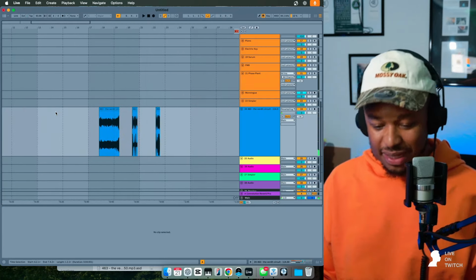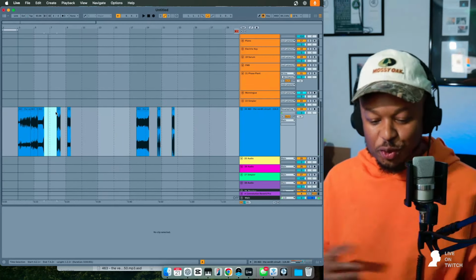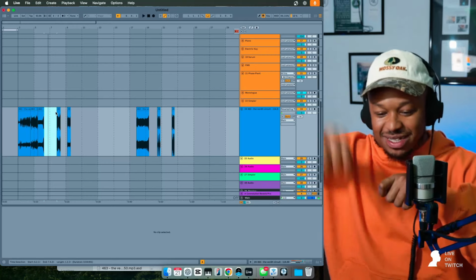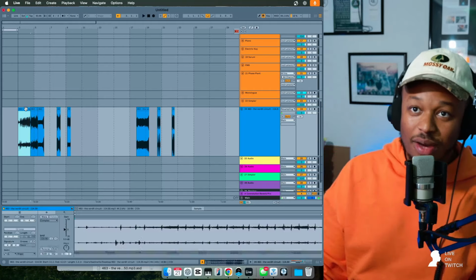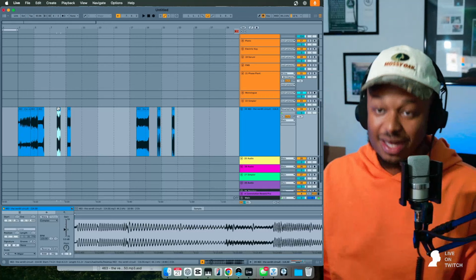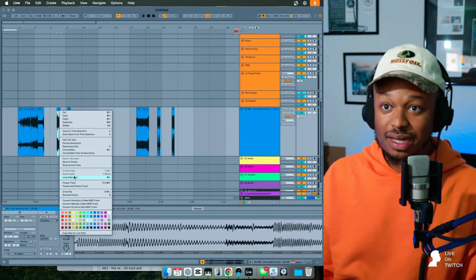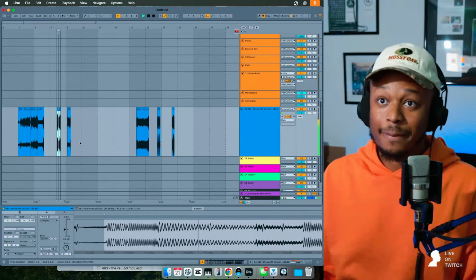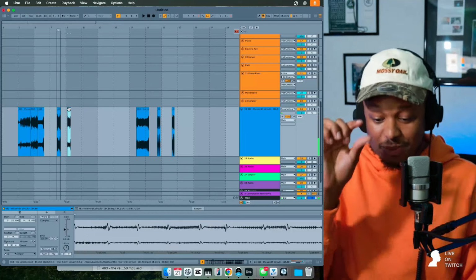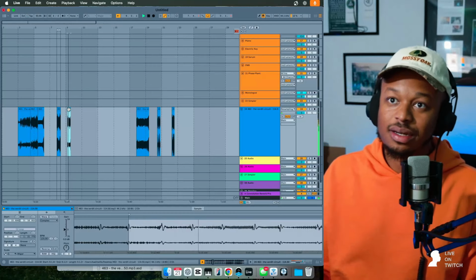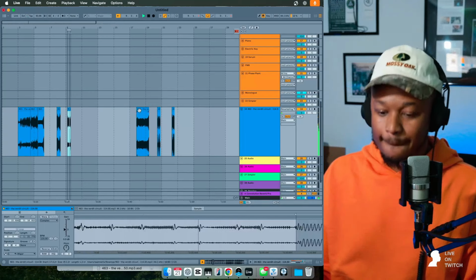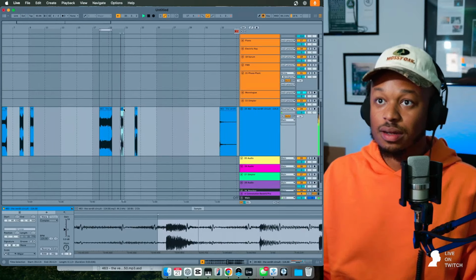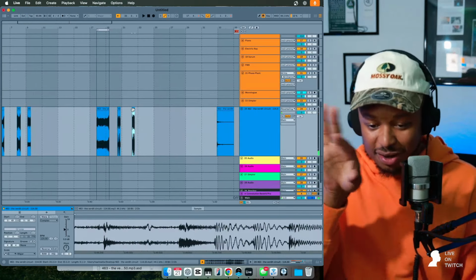Break it down into bite-sized pieces. Think about if you consume food, right? You're not going to consume an entire steak. You're going to sit there and cut the steak into pieces that can be easily digested. That way, you can go to certain elements, and this is why I suggest doing it this way. I would simply select, hit loop selection, and see which one you like. Hearing the parts by themselves starts creating different ideas. So I'll tell you the exact reason why I'm separating all these other ones.